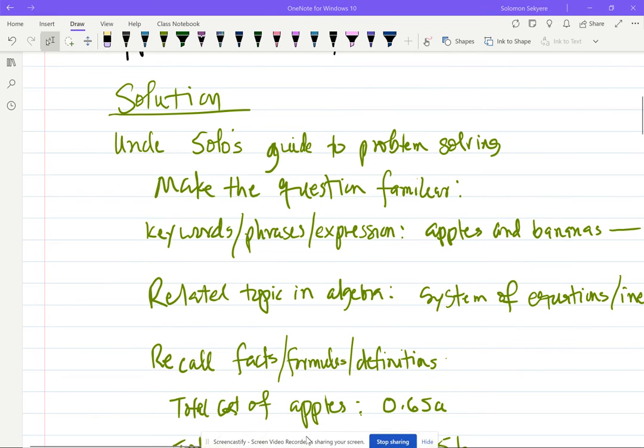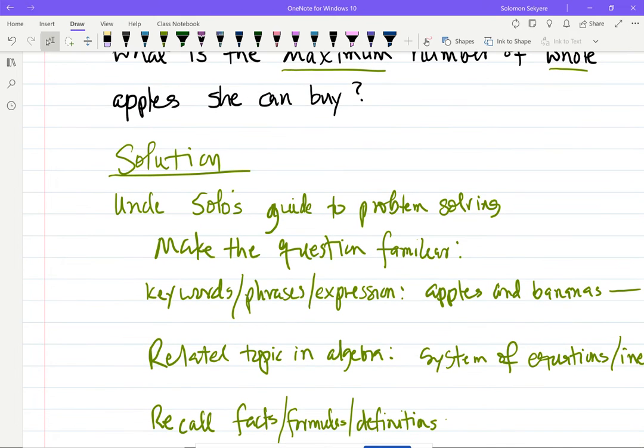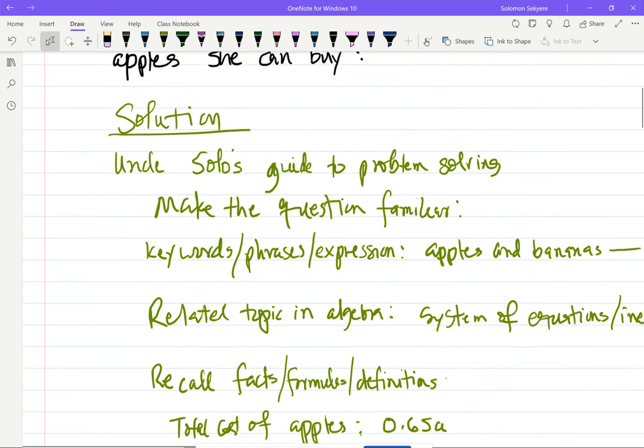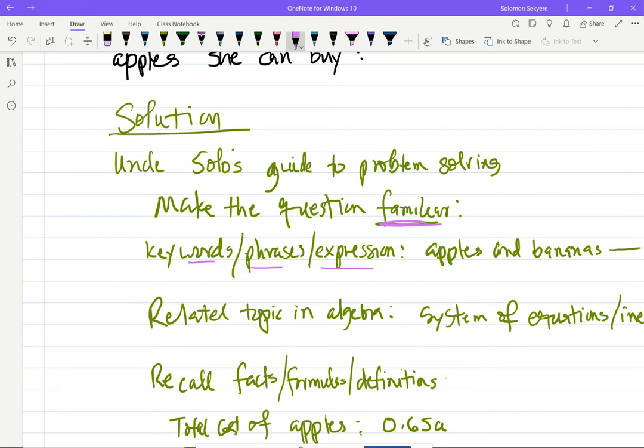Okay, so you look at this question, you should pretty much have a good idea. If you don't, always the advice is try and make the question familiar. How? Just look for some keywords, phrases, or expressions. So in these questions here, we see we're talking about apples and bananas and